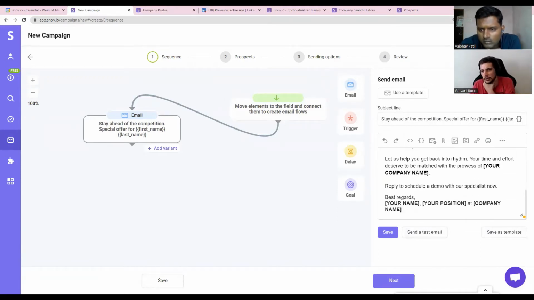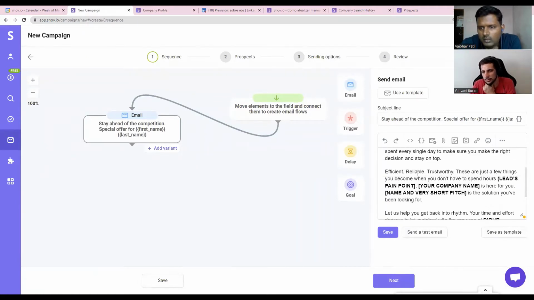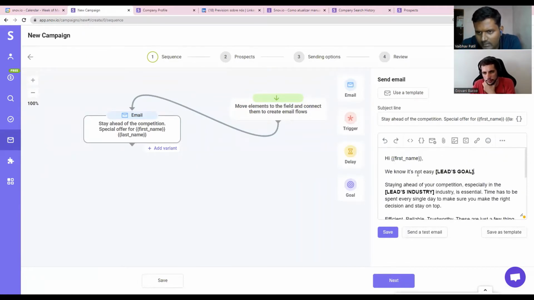Do you have any questions? So what are the black brackets? They are lead goals. I know that the first name will be customized, like it will take the first name of the person in the email. What is this for? Since this is a template, this is for you to change. So let's say I would write this email for Snov.io. It's a template guide, like you can use your data here. It's not personalization, but you can use your data here.